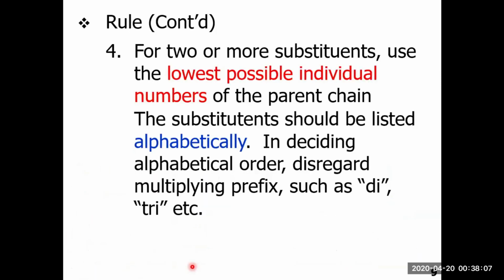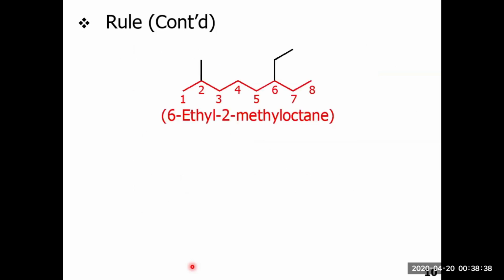Now, if we have 2 or more substituents, then you need to number the chain in such a way that will give you the lowest possible combination of numbers. And if we have the same substituents, we can use di, tri, tetra, etc. And we have to list the substituents or the alkyl groups alphabetically. So we have some examples to show this one. Let's say this, for example, this molecule,